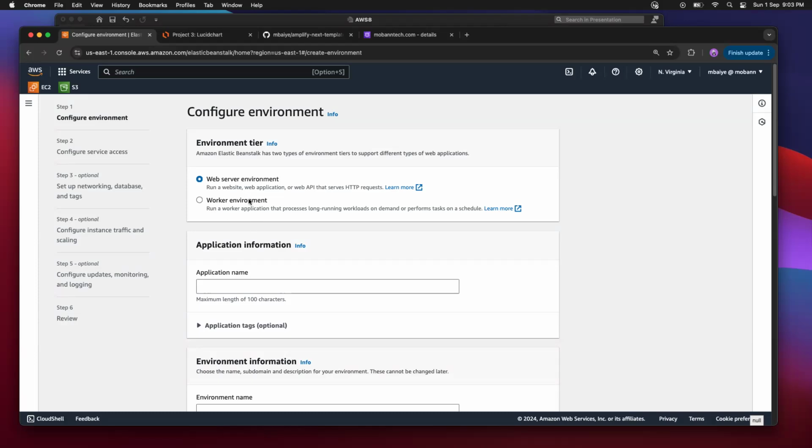But for a worker environment, your application must be architected differently. For a web server, the process only goes from your client to your server and then back to the client. But when you have an application that sends processes to